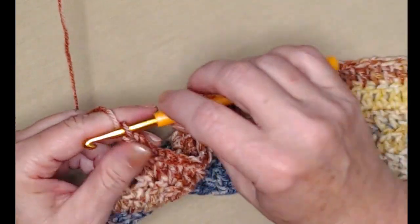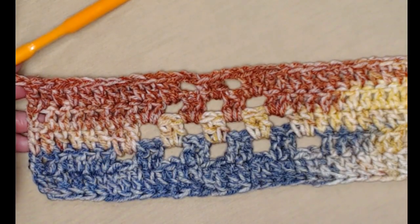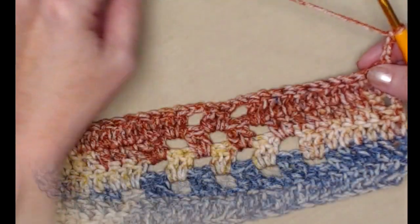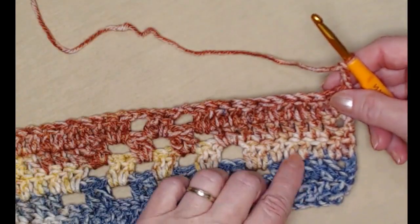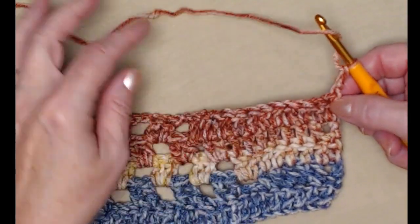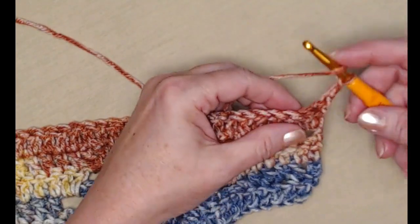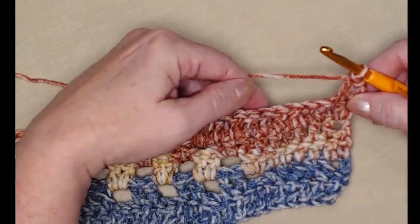Chain 3 and turn. So again, for row 6, our chain 3 counts as our first double crochet, and then we're going to double crochet over to our chain